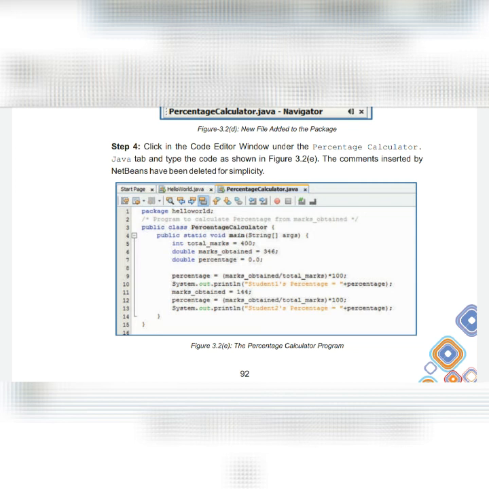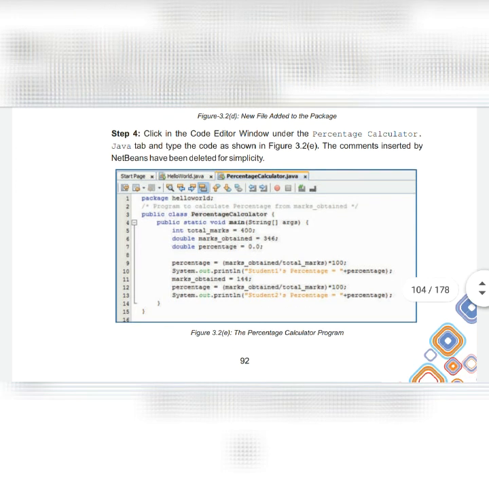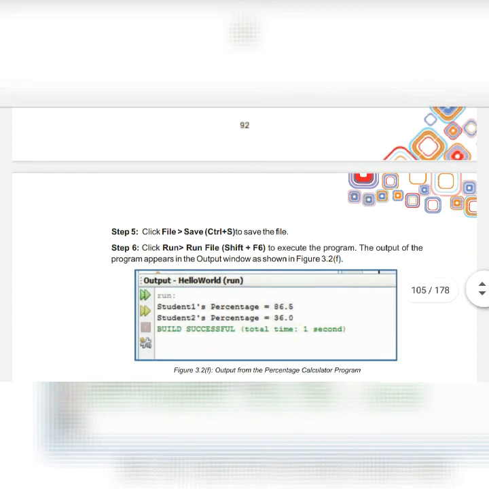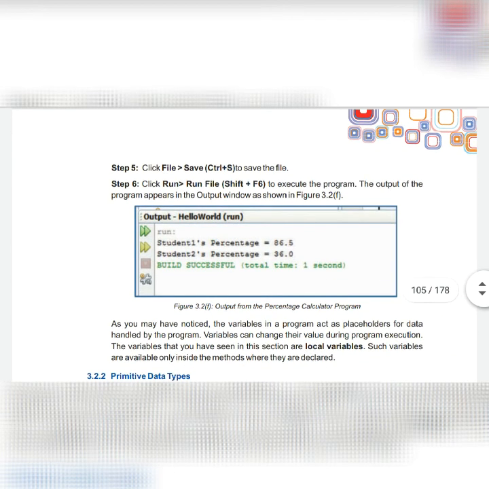Okay. Inside this method you will write the complete program for calculating the percentage, as you have taken three variables, total marks, marks obtained, percentage, and then you have written the formula for calculating percentage. After that, to print that, you have taken System.out.println. Okay. So it was all about the percentage calculating program. You will get the output.